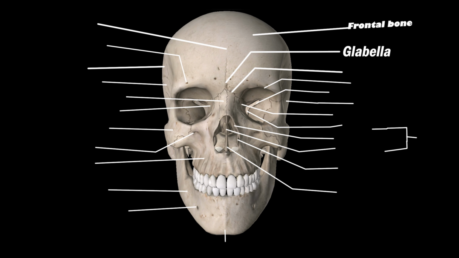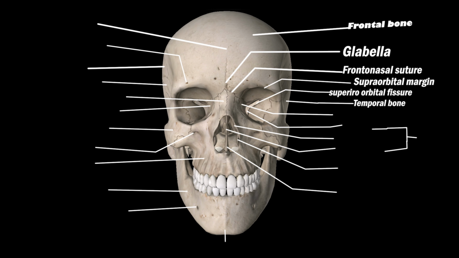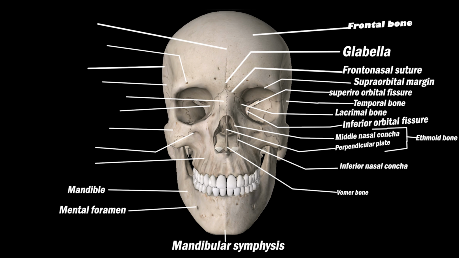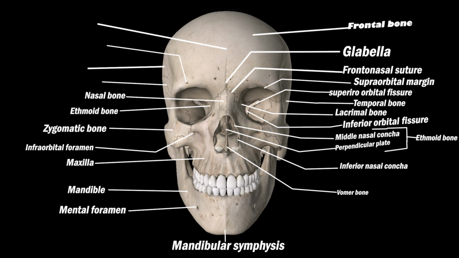Frontal bone, glabella, frontonasal suture, supraorbital margin, superior orbital fissure, temporal bone, lacrimal bone, inferior orbital fissure, middle nasal concha, perpendicular plate of ethmoid bone, inferior nasal concha, vomer bone, mandibular symphysis, mental foramen, mandible, maxilla, infraorbital foramen, zygomatic bone, ethmoid bone, nasal bone, sphenoid bone, parietal bone, supraorbital foramen, frontal squama of frontal bone,